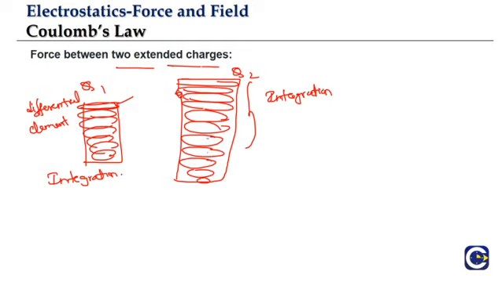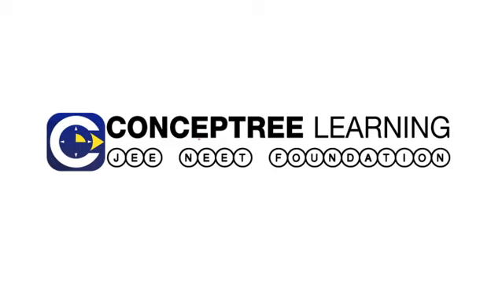So this problem will be a little bit more complicated than the force between one point charge and one extended body. So these two are the extensions to Coulomb's law, because Coulomb's law only talks about force between 2 point charges. So we will work out a couple of problems in both these models in the next part of the video, because in the next part we'll have problems related to Coulomb's law and applications of Coulomb's law. So this is the broad idea of what Coulomb's law is. In the next part we will look at the problems related to Coulomb's law and its applications.